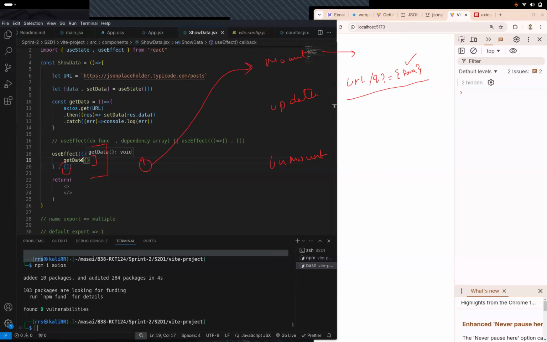But in this dependency array, you can pass states. So let's say you have another state wherein you're taking input of search functionality, right? And what you want to do is, as soon as the user has put the input, you want to run this fetch again based on this input. So in this case, you'll pass that input in here. You'll say कि whenever this particular state changes, I want to run this piece of code once again, right? उस पे आते हैं थोड़ी देर में. How that happens, we'll see that.